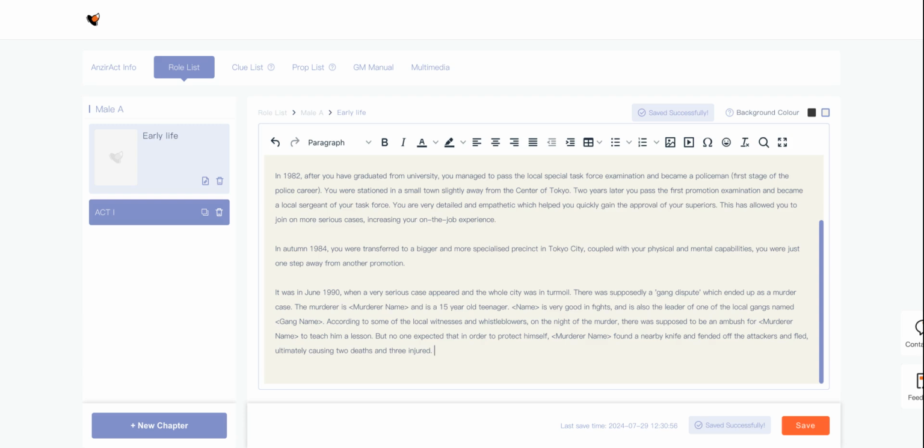Then we slowly add to this case to make it very solid, giving a very solid backstory. I can go very detailed into this case, like what is this murderer's name, what is the backstory of the murderer, the family background, his past story. This is the rough idea of how to write through this character development. So maybe here I'll write